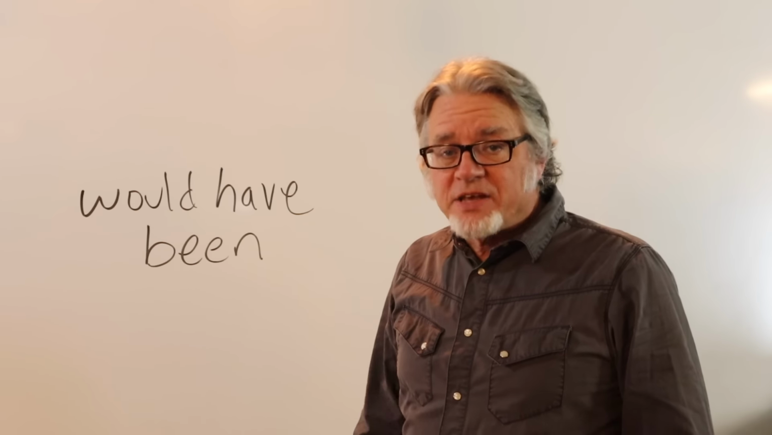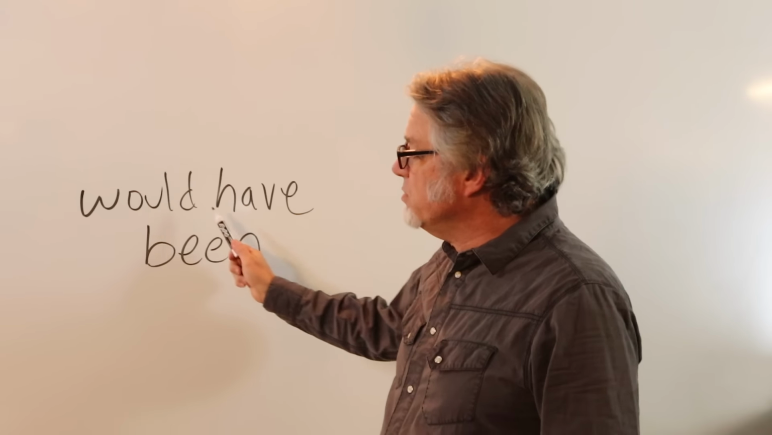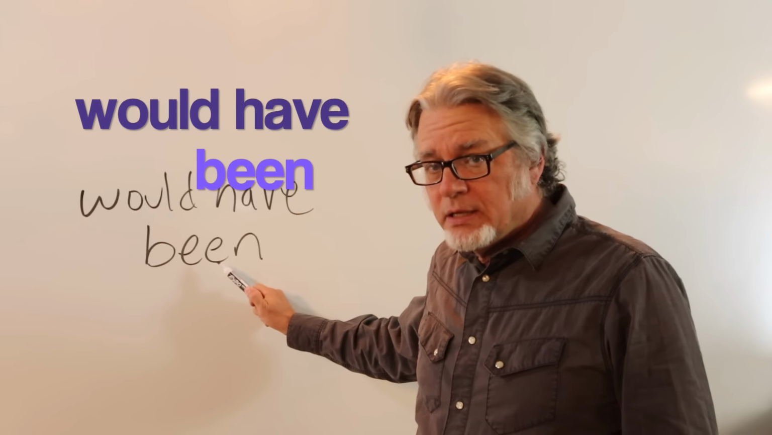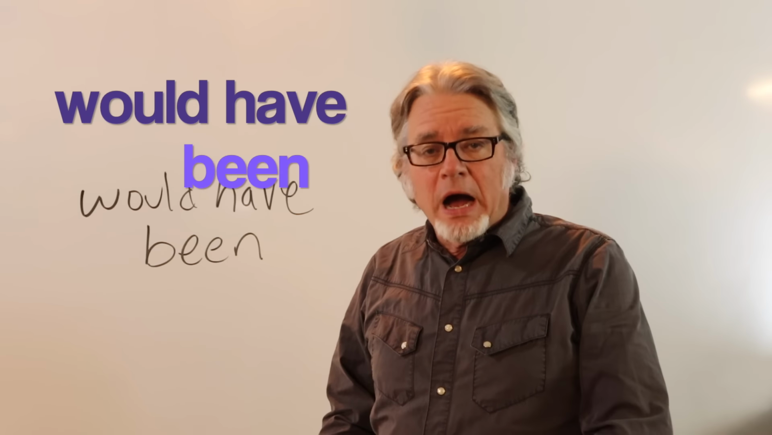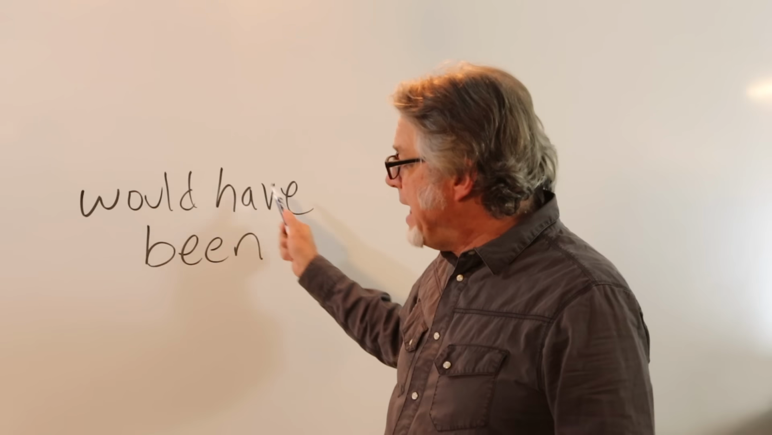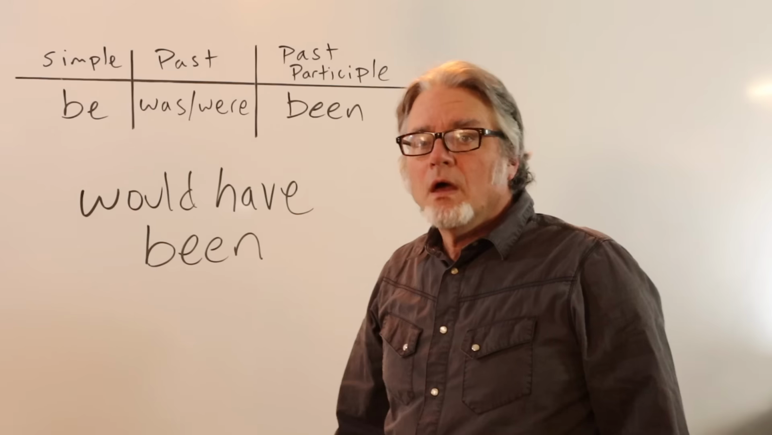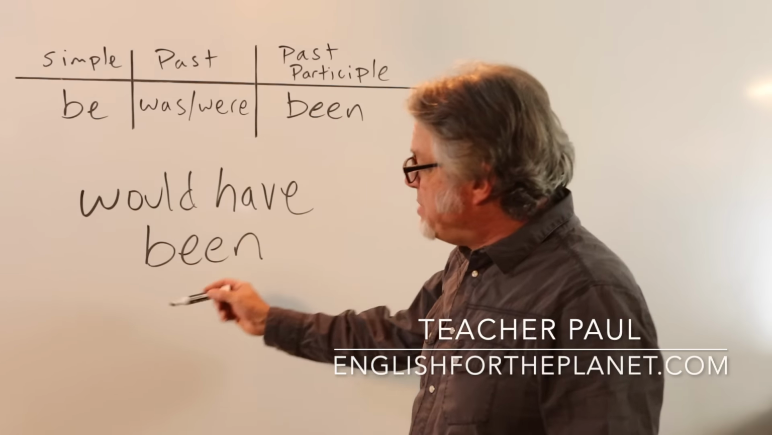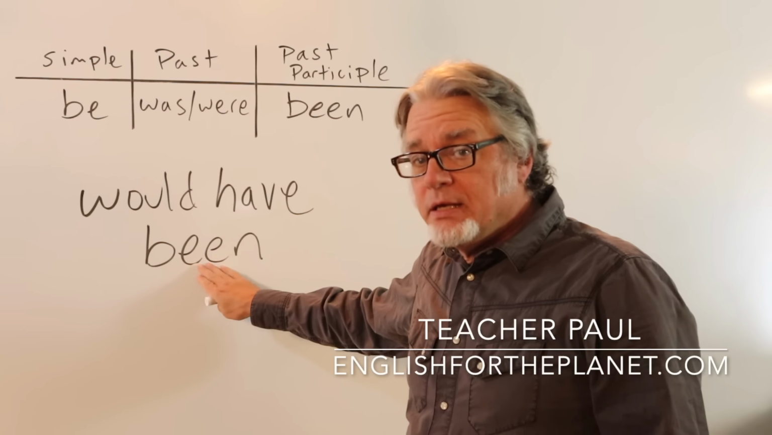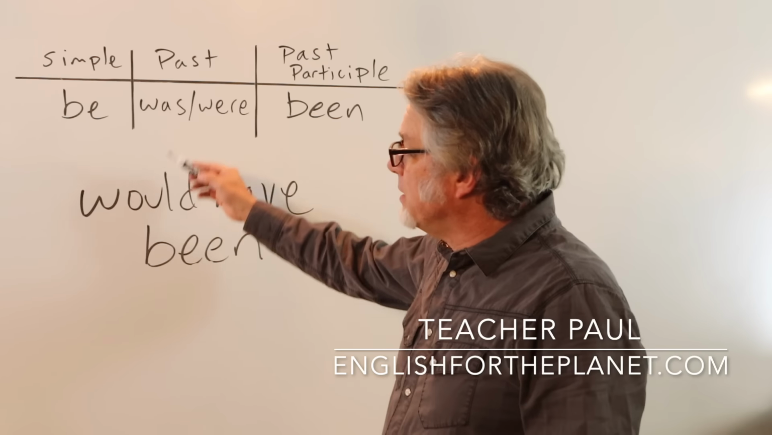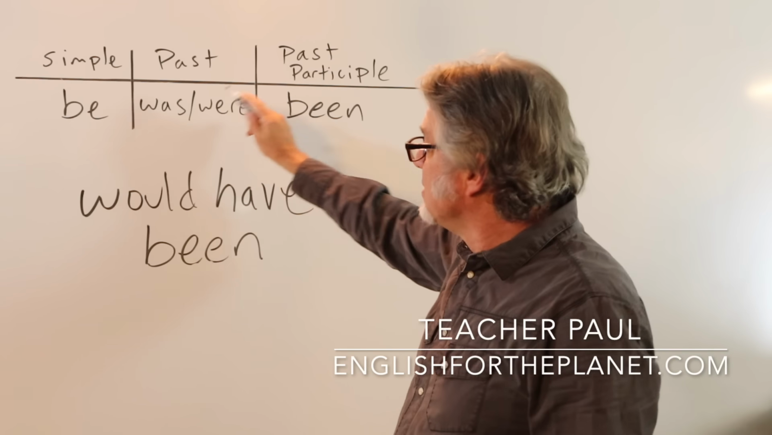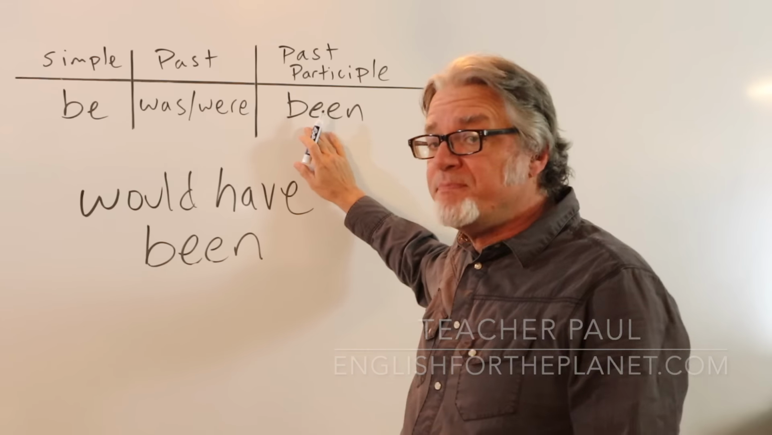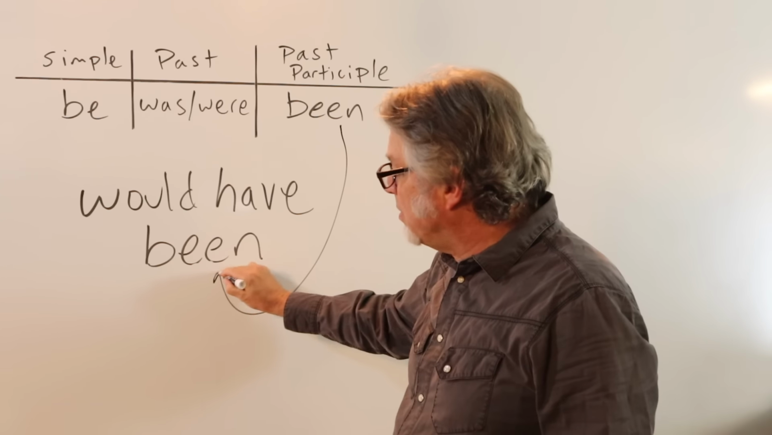Recently, students have asked me why we use would have been. In this video, I'll explain why and how you use would have been. When you use would have been, the verb be is the main verb. Here it is in the simple form, here it is in the past tense, and this is the past participle